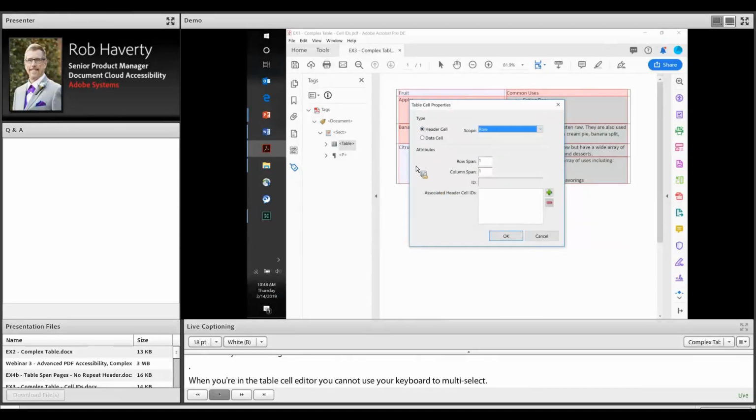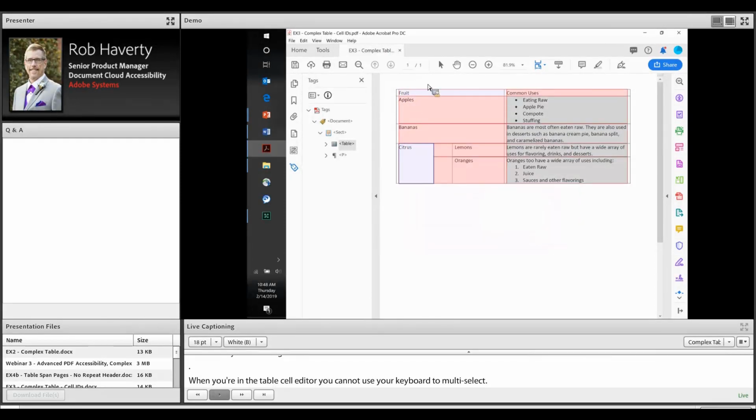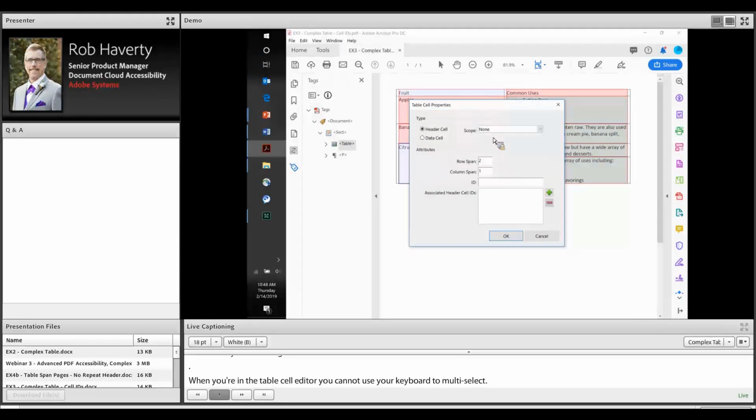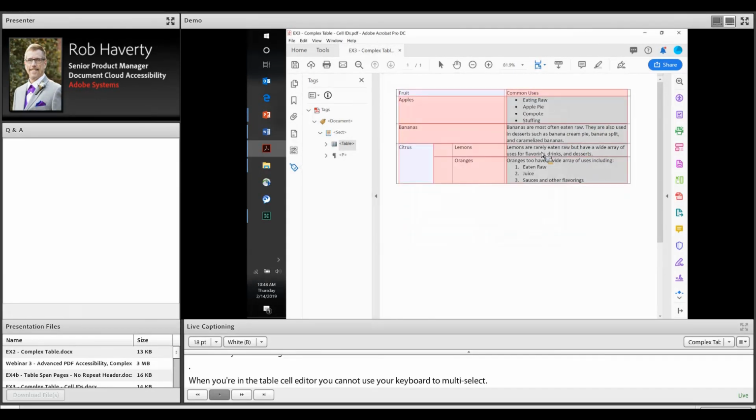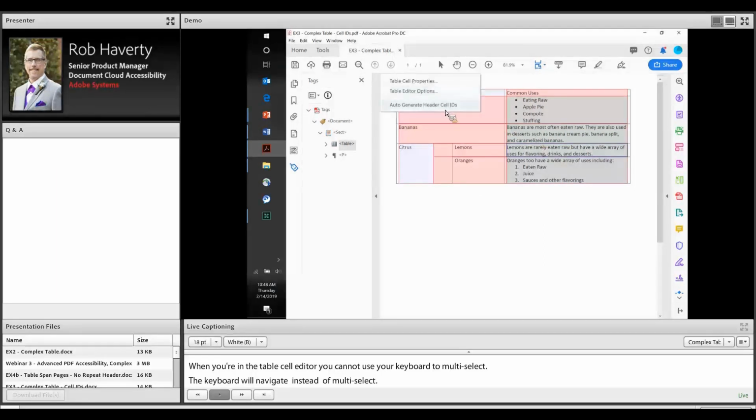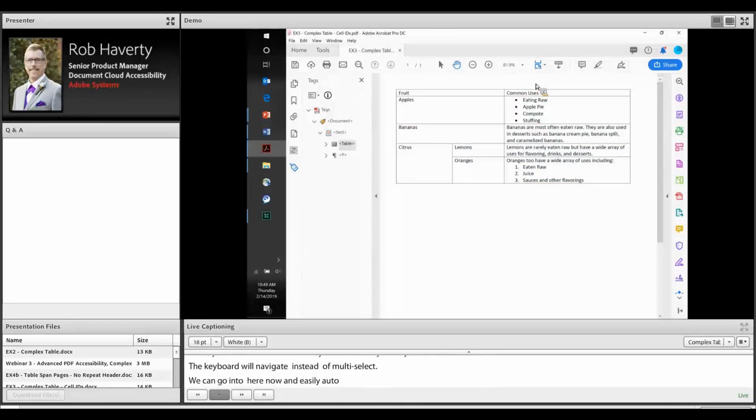Row header. Okay. So again, we can go into here now and we can easily auto-generate those header cell IDs. So we've saved you time, so you don't have to go in and manually generate those header cell IDs. And if we go back to